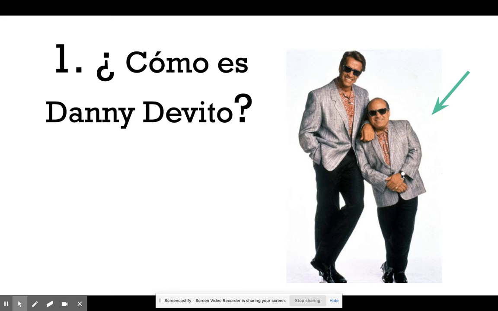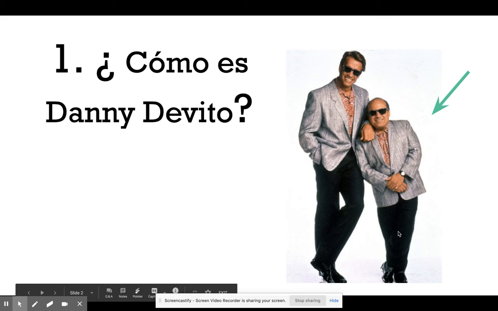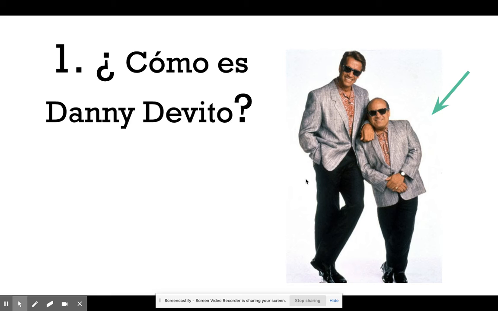And then I want you to add something else. So you should add the word and, which in Spanish is y. So Danny DeVito es bajo y. And then maybe you want to say like, he looks happy. So you could say friendly is a word that we've learned, simpático. So again, you're coming up with kind of 2 descriptions to describe the person. Again, I would write down numero uno, Danny DeVito, or you could actually put Él es, and then bajo y simpático.